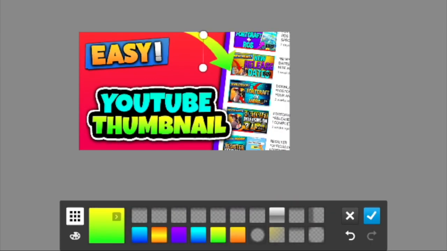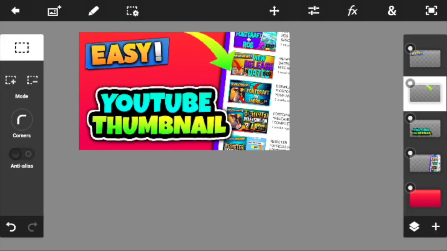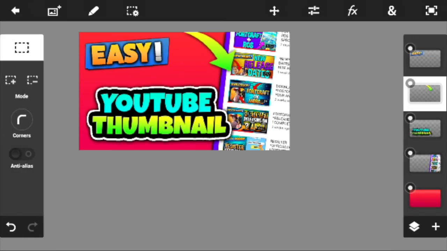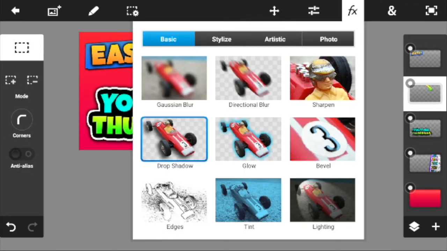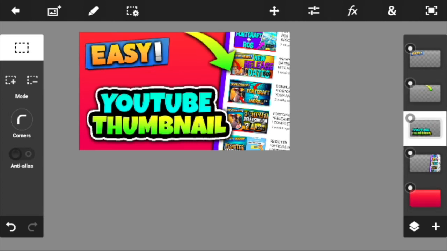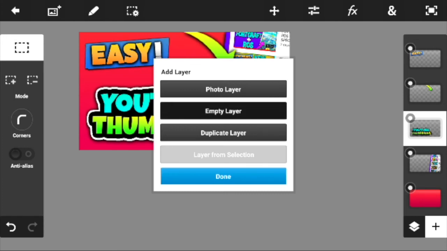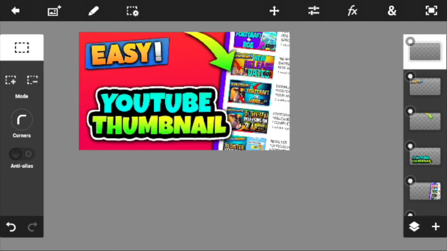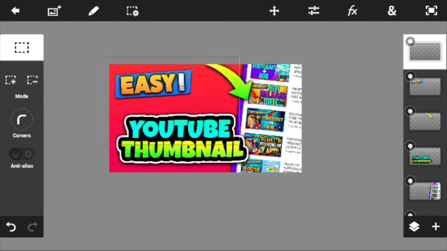So the green color looks good on the arrow, and now we'll need to add the drop shadow effect again. So I'll add it twice this time too. Then go to the plus sign and then add an empty layer to the project. So just place it on the top of everything, and then using the marquee selection tool, select